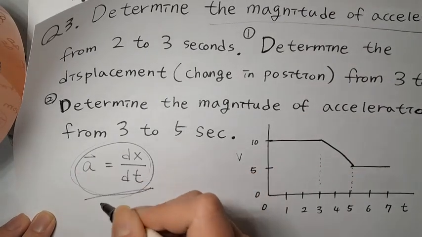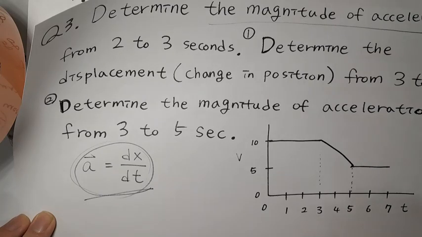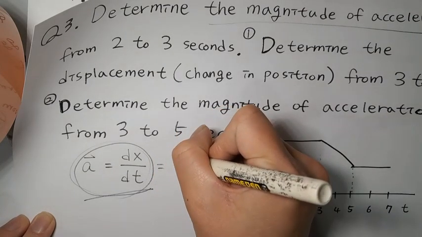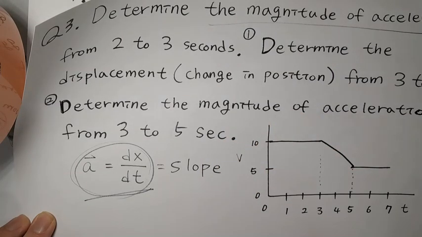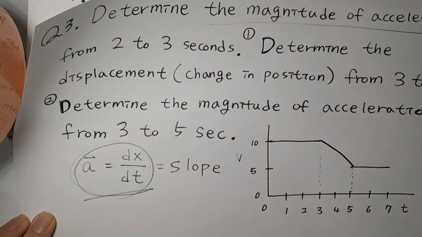This is the derivative, and this means the slope of this graph,